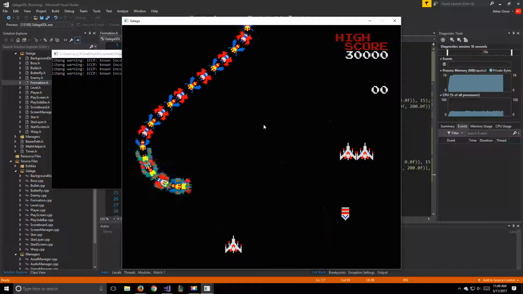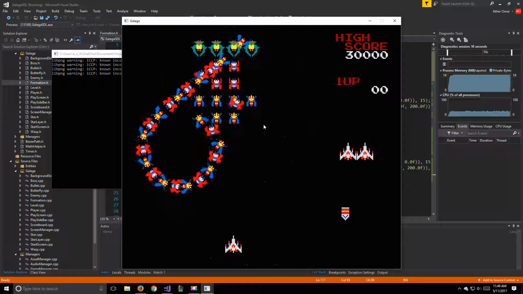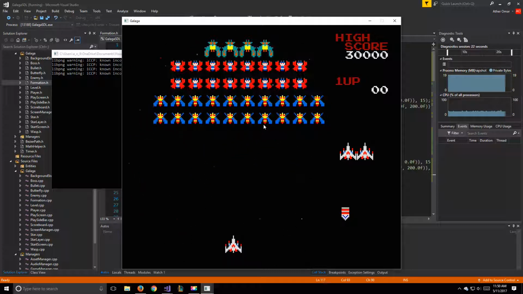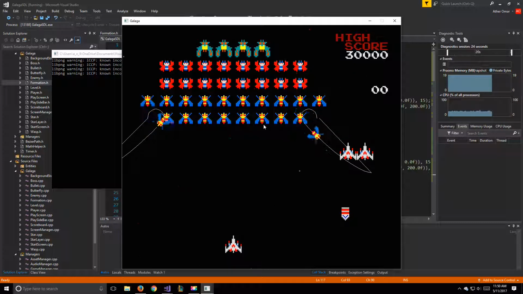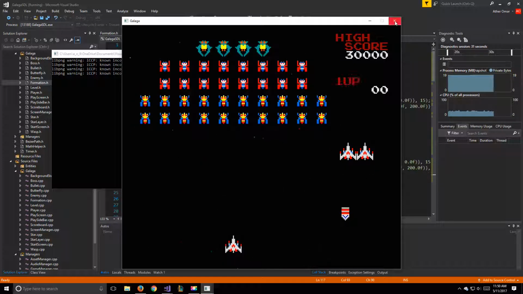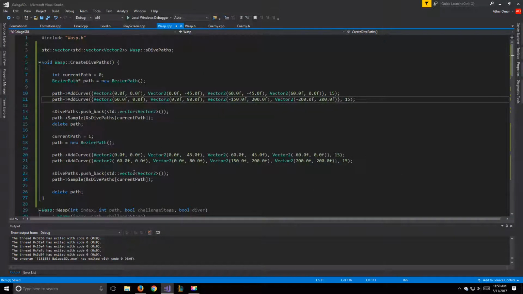And spawn all our enemies. There we go. And then once the formation is locked, we can start them diving. Oh, that's flipped. So we want these ones to be going this way and these ones to be going that way. So what we can do is to just flip the